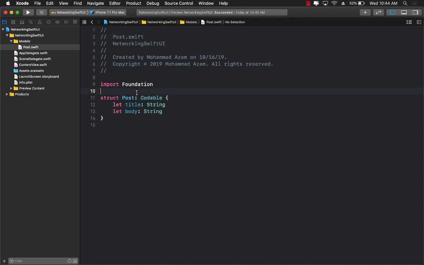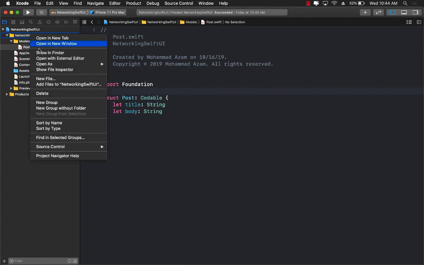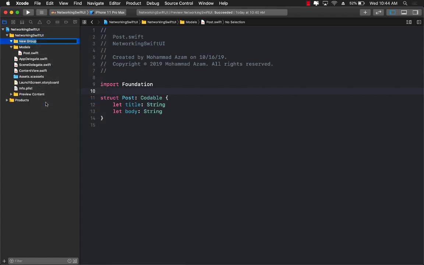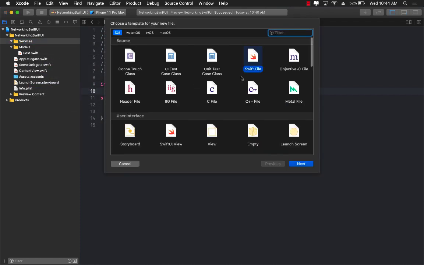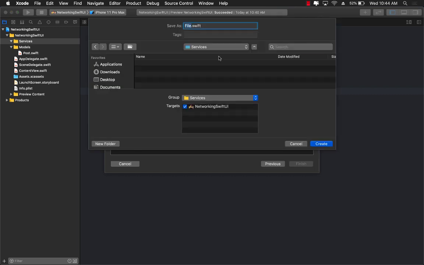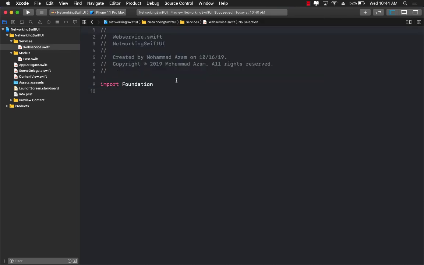Great. Now the next step would be to first make sure that I can actually download the data, and for that I'm going to create a new group we'll call Services, and we will go ahead and create a new file, a class, which will represent the web service. So I'm just going to call it WebService, and WebService will be a simple class, and it will have one function which will be getPosts,